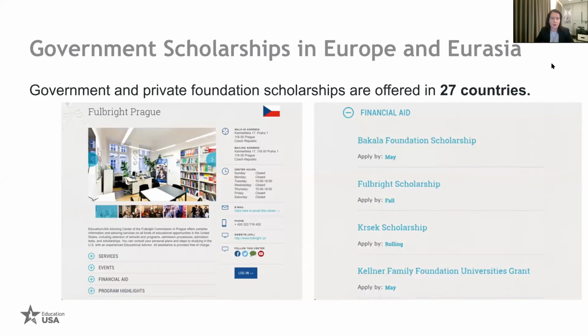One of the most prominent ones, for example, in Prague is the Bacala Foundation, which provides gap funding. And this is useful for you in case you have students who have not received a significant financial aid package, but they would still like to attend your institution. Please feel free to check out this resource and then share with prospective students what other local opportunities they have available. And always please make sure that you contact the advisors as well in case you need additional information regarding their local context.